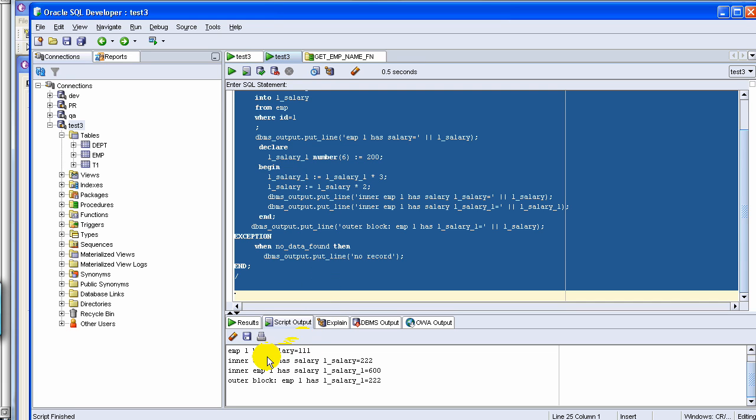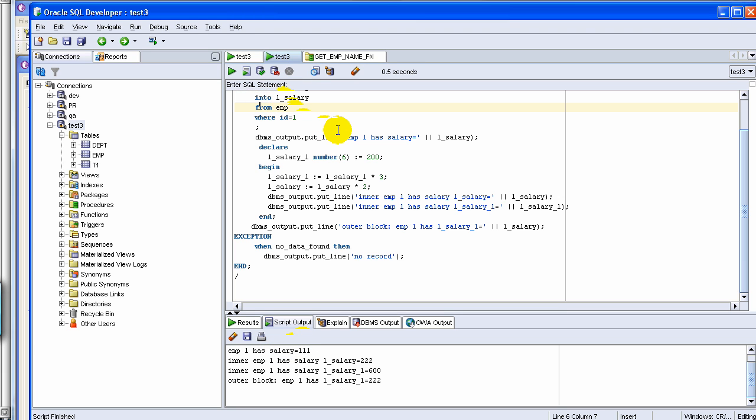Okay, let's look at the results carefully. EMP1 has salary 111. That is what we retrieved from the table. And then l_salary is 222, where we multiplied the value 111 by 2. Then l_salary1 is what we declared within the inner block, which was initialized to 200, and then we multiply it by 3, so it makes 600. So that's what we get, 600. And this is the interesting thing. In the outer block we have l_salary, and it is